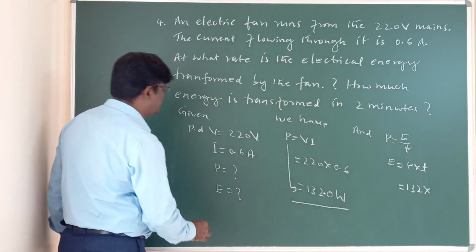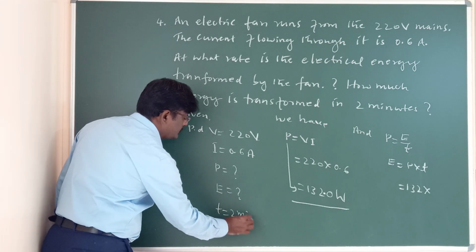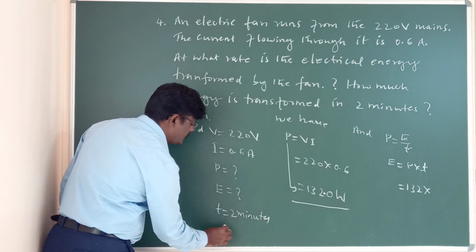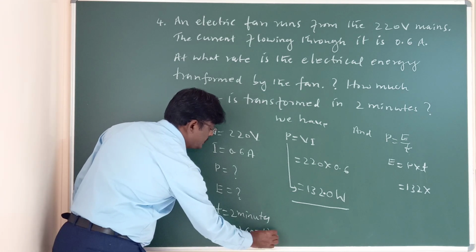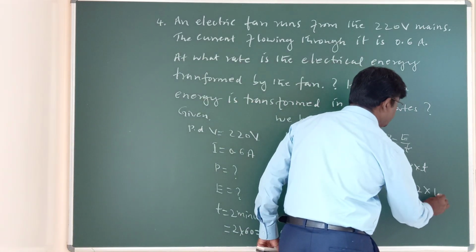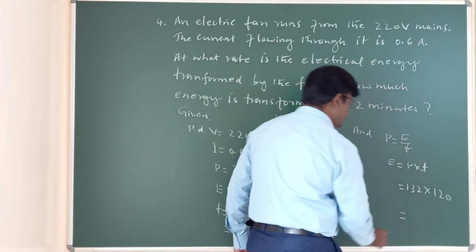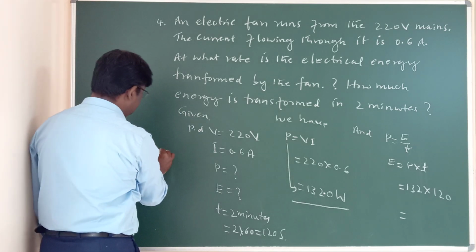Time is 2 minutes, 2 into 60, 120 seconds. Let us substitute 120 seconds and multiply 132